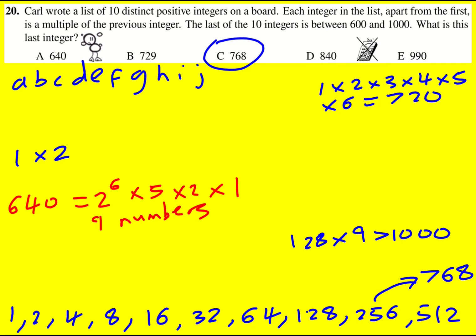And the same actually goes for some of the other ones. 729 is equal to 3 to the 6 times 1. I only get 7 numbers. So I actually figured it out by trial and error. But obviously the way I went through it is the best way because you can do it without actually requiring the multiple choice. So yeah, 768